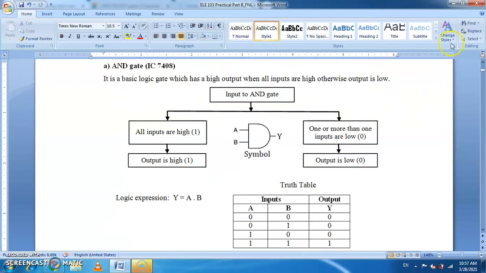So this is the truth table of the AND gate here. When both the A and B inputs are 0, the output is 0. And as you know, if any one of the inputs is 0, the output is 0. Output is high only when all the inputs, in this case the two inputs, are high. So let us see now whether it will work or not.